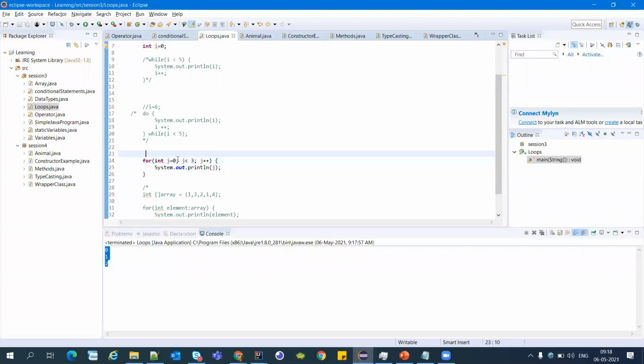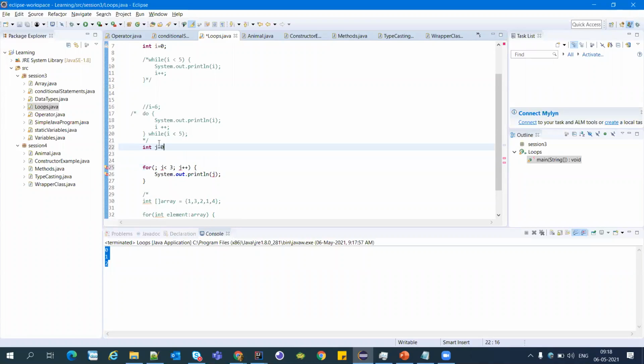We can modify this also. We can define this here. It means if we are using some predefined integer, we can use it directly in a condition, and we can also remove this incrementation and put it in the loop body just like a while loop. So it will also work.